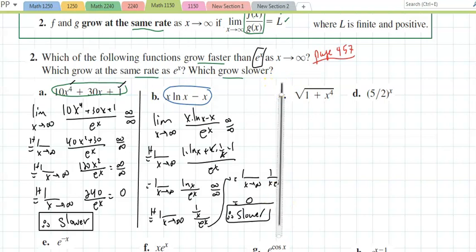Okay. How about this problem? Here you really want to manipulate a bit, because